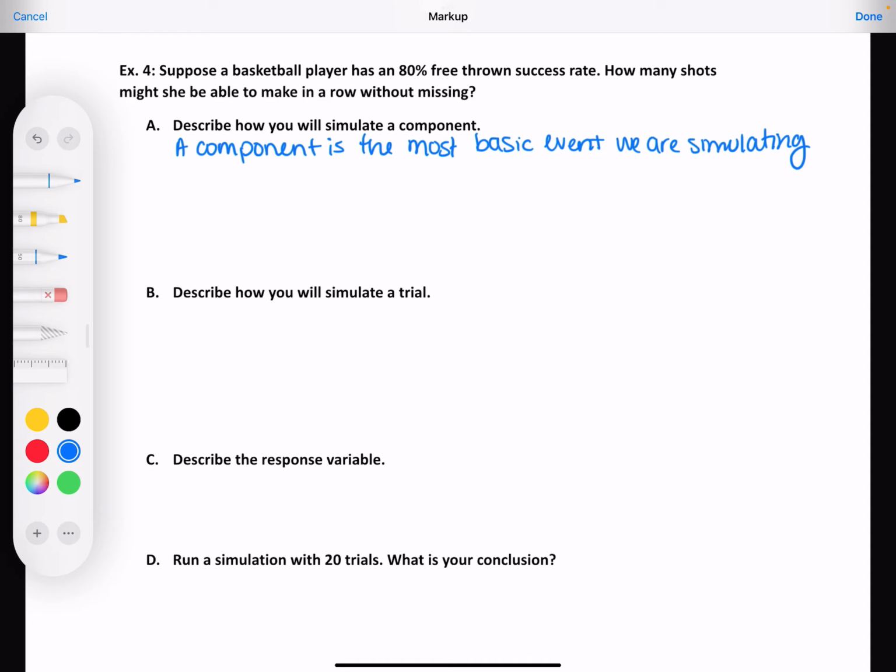Now if you know anything about basketball, most of the time when you're shooting free throws, you're shooting 2, but the easiest thing is to just count them all by 1. So we're going to make this the most basic case, saying that they're taking 1 shot at a time.